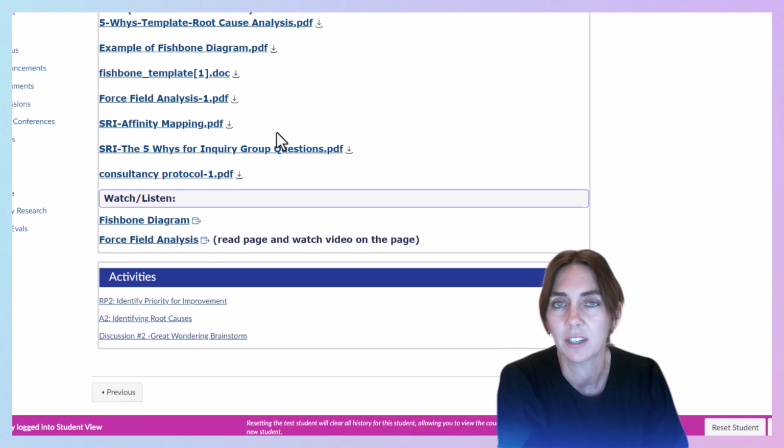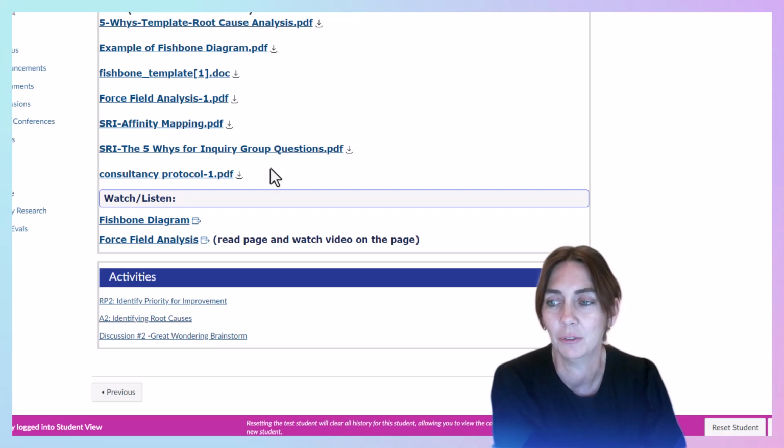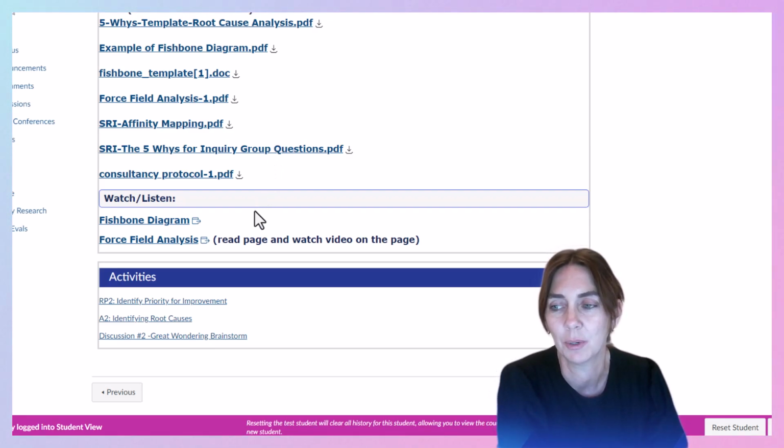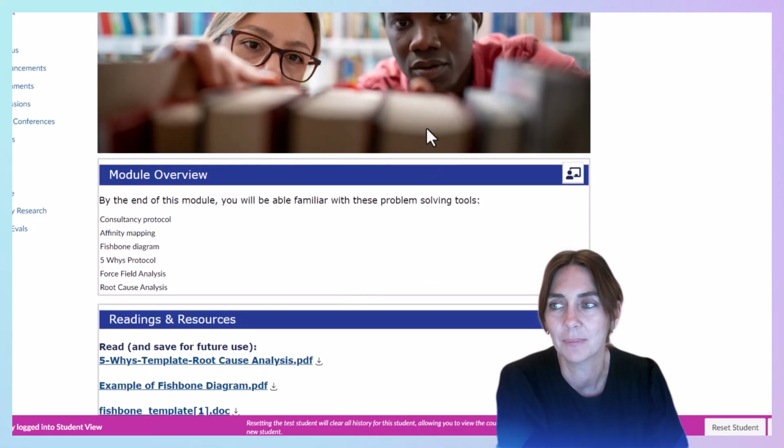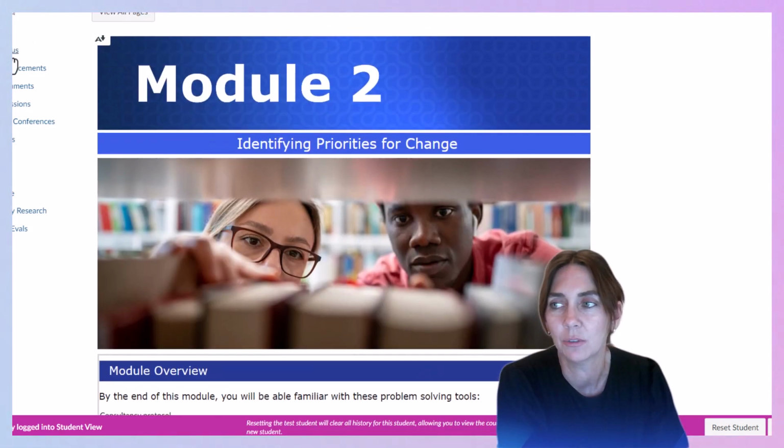And you had a discussion on your great wonderings, which were amazing and powerful, and I'll respond to those soon. I did give them a quick glance. And you did an exercise on identifying your priority for improvement for your research project. So we got those things done last week, and I just want to take you over here to the syllabus